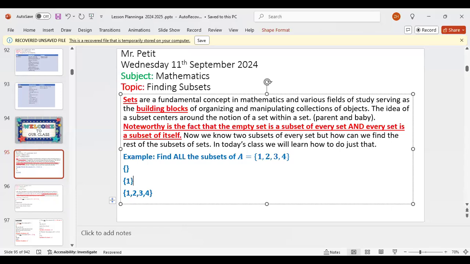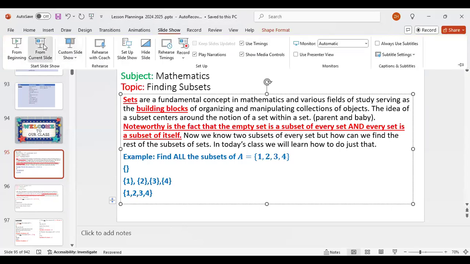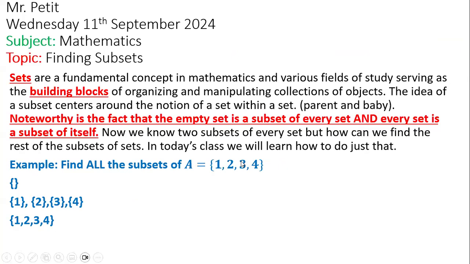Well, let me give you a hint. One. What else? The set that contains what? Two. What else? The set that contains what? Three. And the set that contains what? Four. These are subsets of what? Of A. What does that mean? The set comes from A, right? So these ones that we make up, they come from A. That's what it means to be a subset of A, right? That your elements come from A.